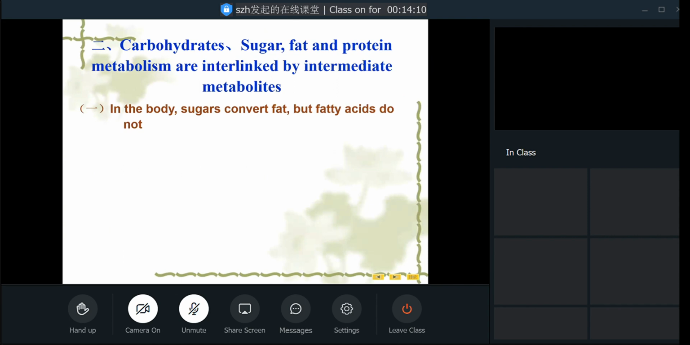And the second, you can see the carbohydrate, fat, and protein metabolisms are closely interlinked by the intermediate metabolites. You can see in the body, sugar can be converted to fat. We studied this in the unit about the metabolism of carbohydrate. You can see the sugars can be converted to fat. But here you remember the fatty acid can't